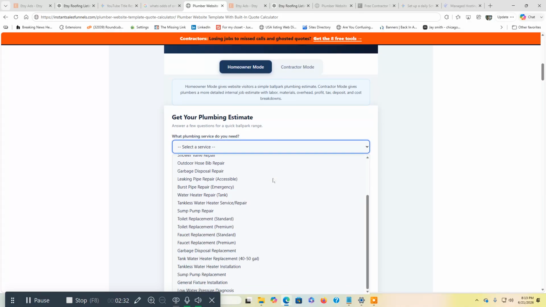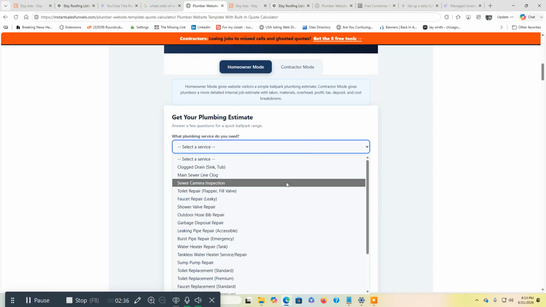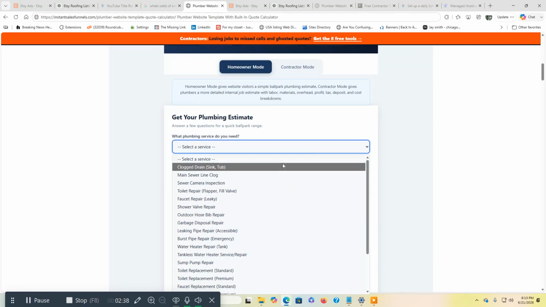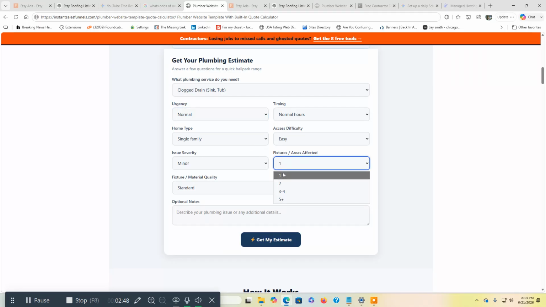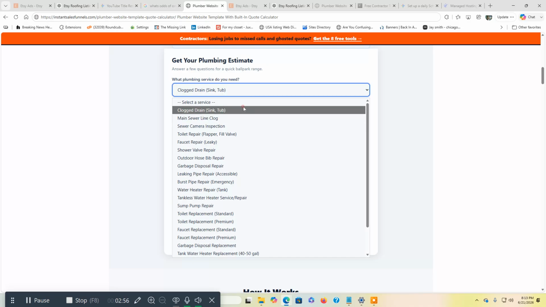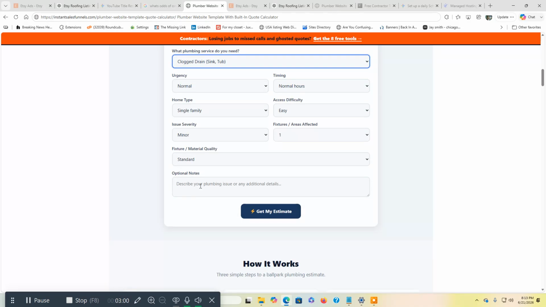This is all the different services right here. Covers a lot of different plumbing services, as you can see here. All they do is select that. Urgency, timing, home type, single family, access difficulty, fixtures or areas affected, issue severity, material quality. Basically, all they got to fill out is this one and a few others, and you got optional notes here,